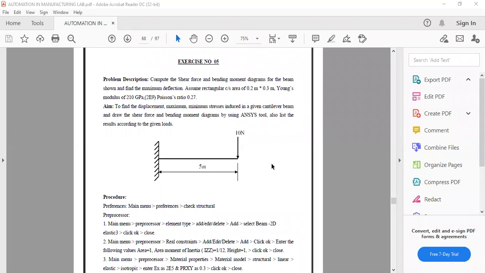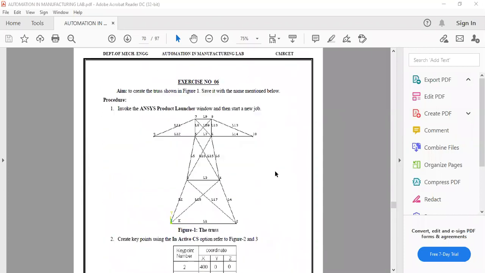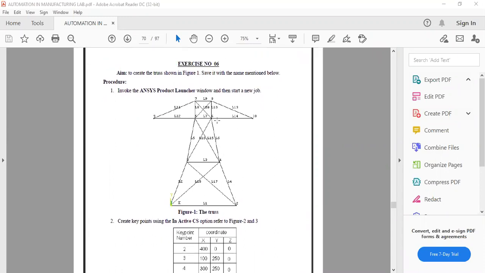So cantilever beam, you want to compute the SFD and BMD, point load at the end. And then with the help of key points, you create this truss structure.